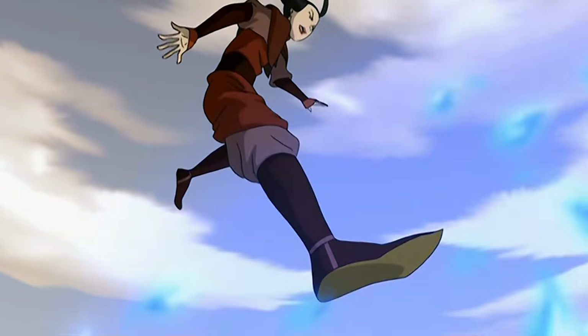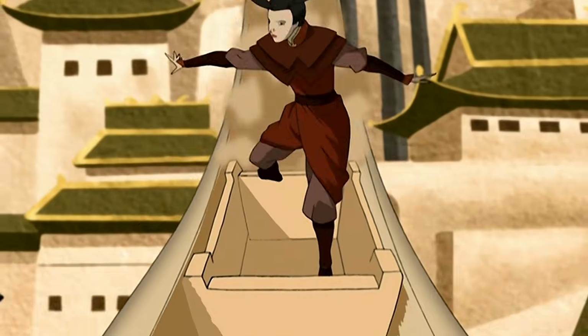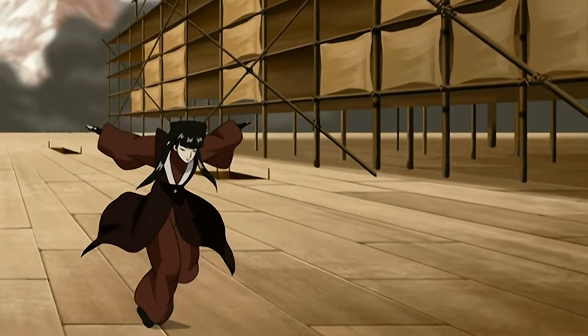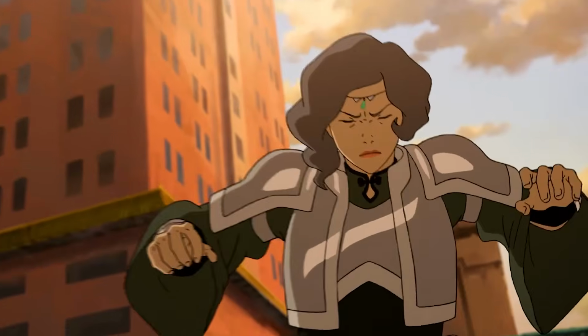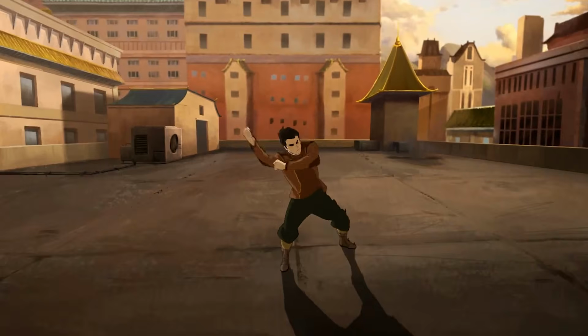Each of the four nations has their own unique blend of martial arts style. While their elemental bending differs in form and technique, so does the way they perform kicks and punches. The Avatar franchise is strongly influenced by East Asian culture as they borrow from various regions, fashion elements, architecture styles,